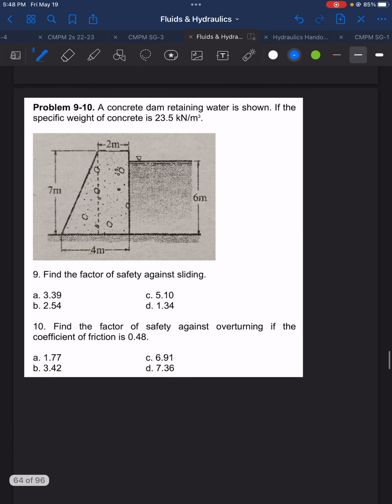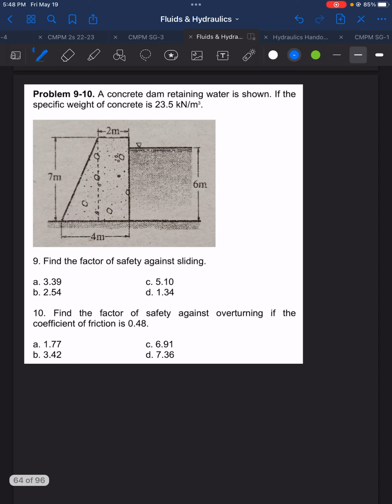Now for the last problem, quiz number 1 under the topic fluid mechanics. There's a concrete dam retaining water shown. If the specific weight of concrete is 23.5 kilonewton per cubic meter, find the factor of safety against sliding and the factor of safety against overturning if the coefficient of friction is 0.48. So given the gamma of concrete as 23.5